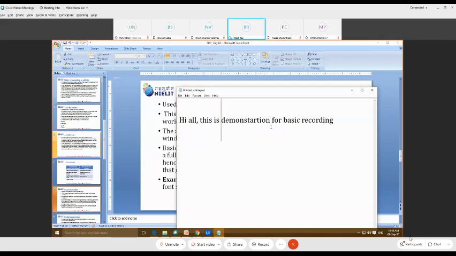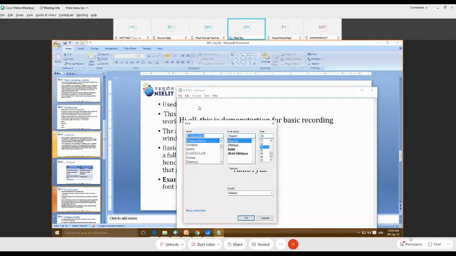So this is the manual option, and the same thing I'm now going to do with basic recording, and we'll see that all the user actions I have done here will be captured. You can see for changing the format, I clicked on Format, then went to Font, and from there I changed the font, font style and size.